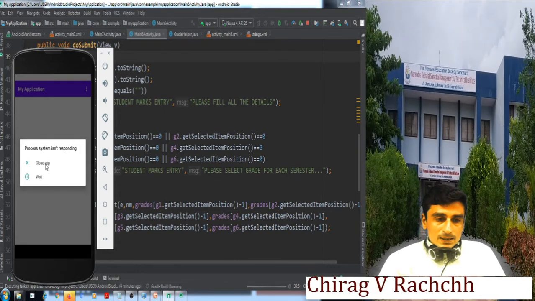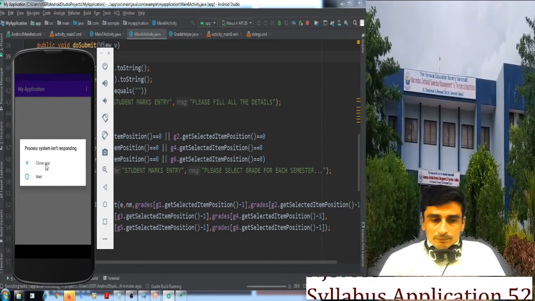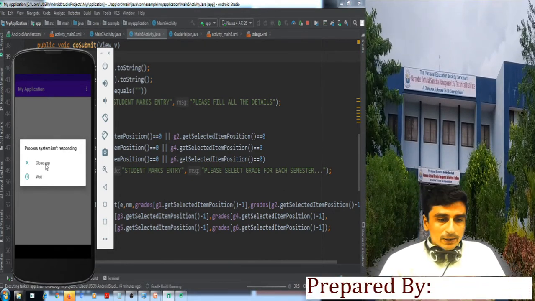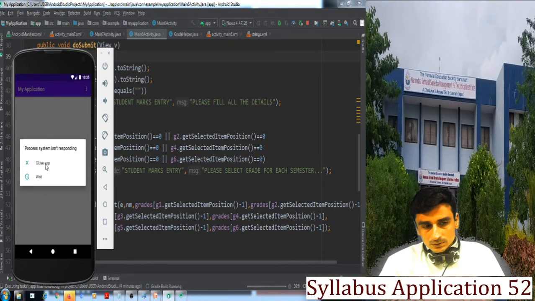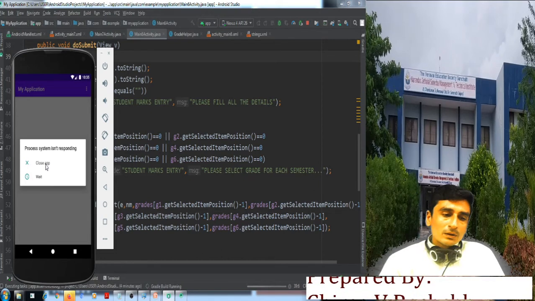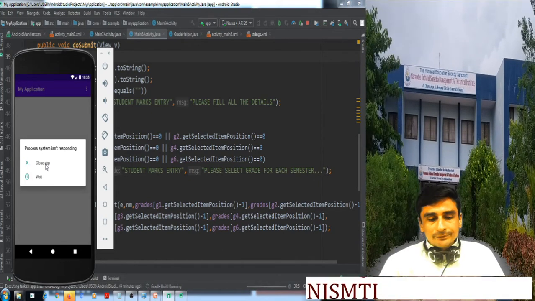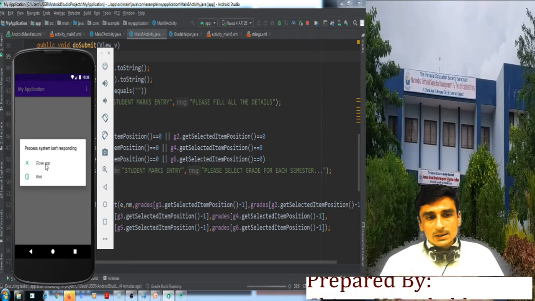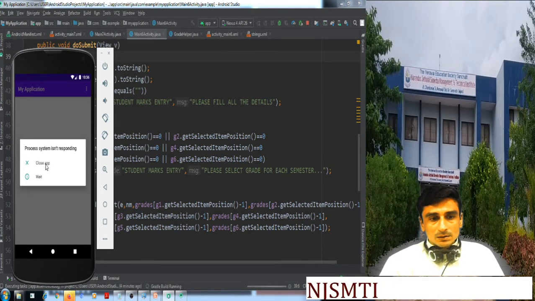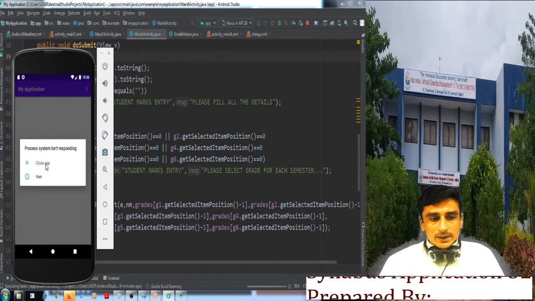Gradle is in the process of building. The Gradle build is running, and it will take a while for installing the application on the device, that is the AVD.